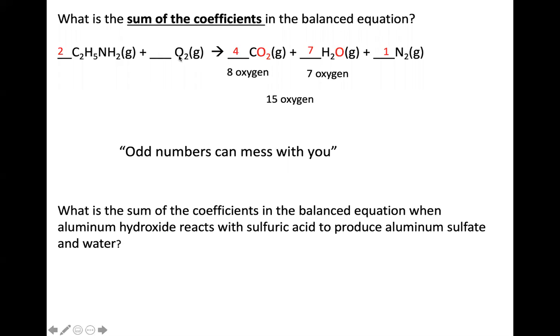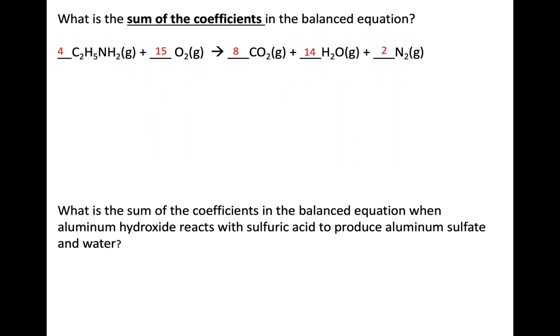There's no way I can multiply something by 2 with whole numbers and get to 15. It would be possible. I could multiply it by 15 halves. Nothing wrong with that. That's another way to get to the number 15. And then I can multiply everything through to get rid of that fraction. That's one strategy that you can use. If you do that, 15 halves becomes 15, 2 becomes 4, 4 becomes 8, everything doubled throughout. So that's another way that you can deal with this idea when you have an odd number.